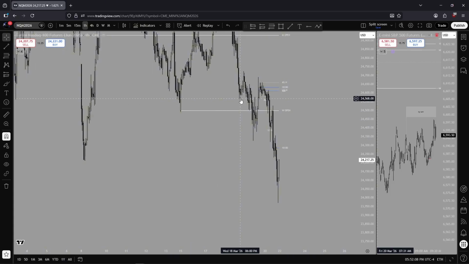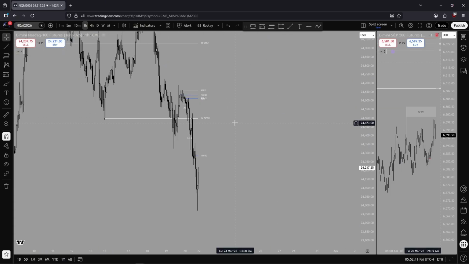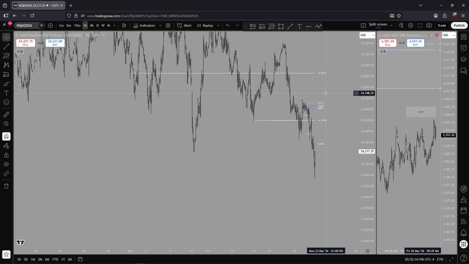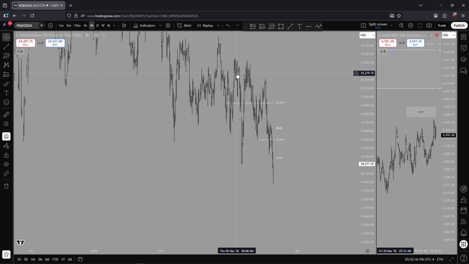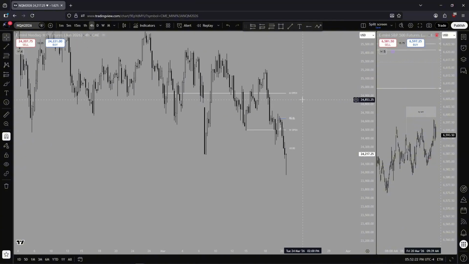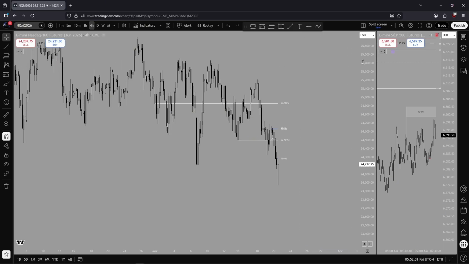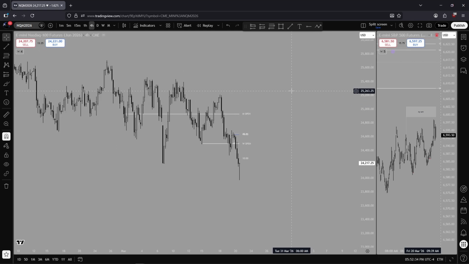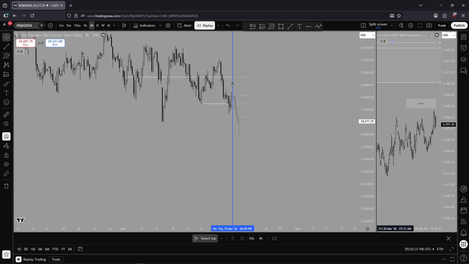So one thing I do first is mark up the ranges, right? Because one thing that's very important to me to build my narrative is to know whether we're in premium or discount. And it does come with direction on which range you should be marking out and which range you should be using for your narrative, right? Because let's go back to